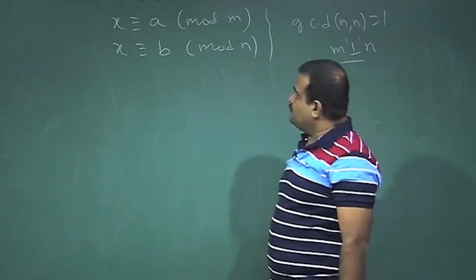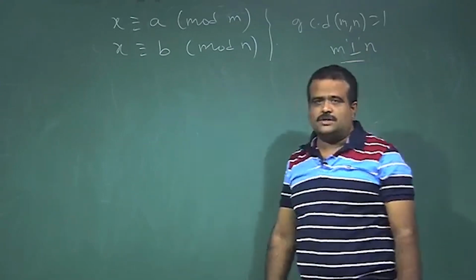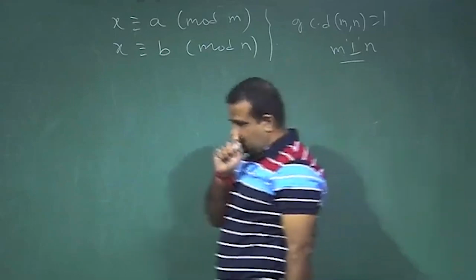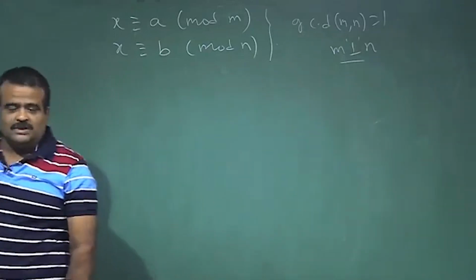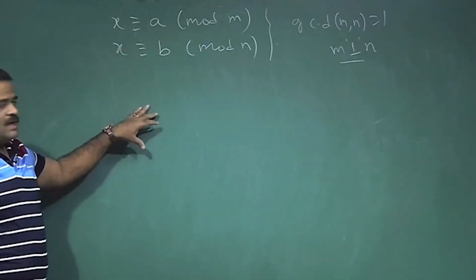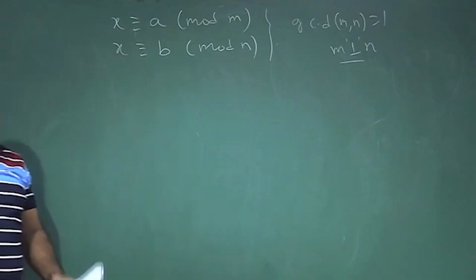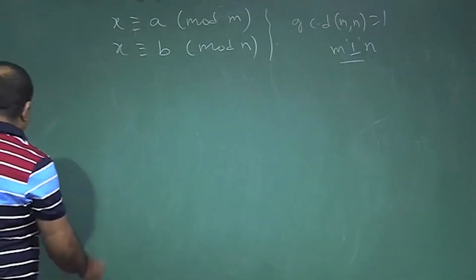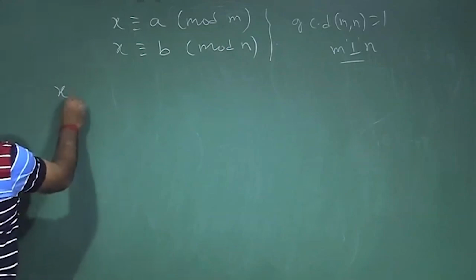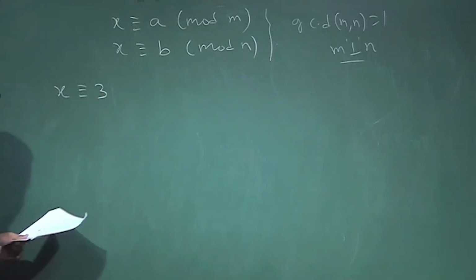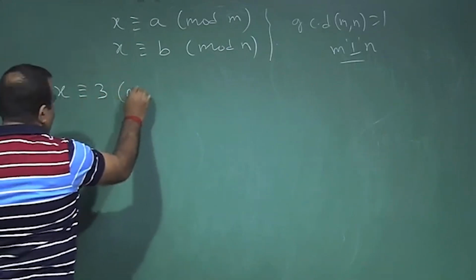Suppose we have this type of system, then what is the solution? So the Chinese remainder theorem will give us the solution. Not only one system, we may have many systems. But let us start with one system. So how can we solve it? Let us take an example, like say we have x is congruent to 3 mod 5